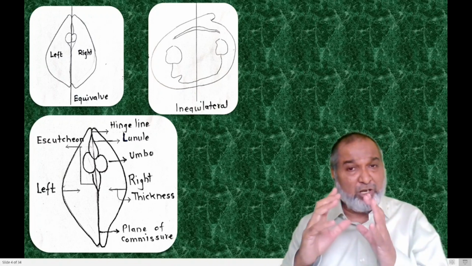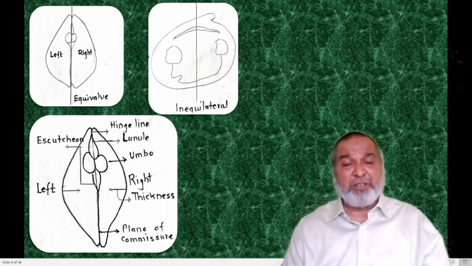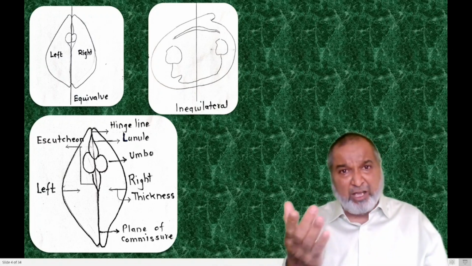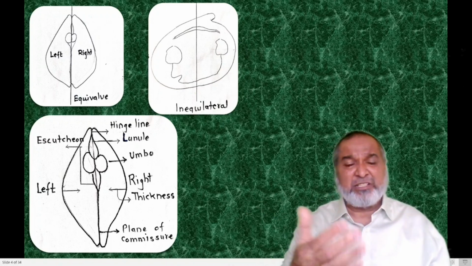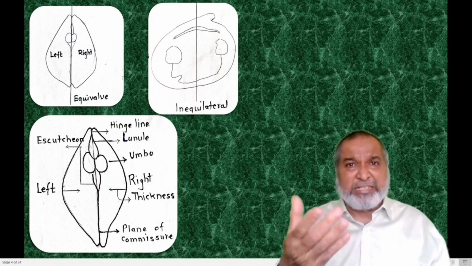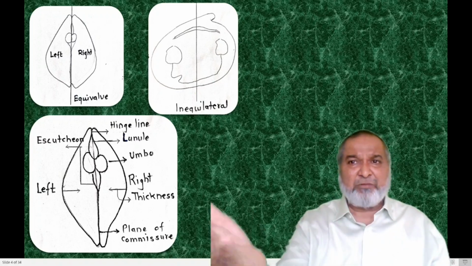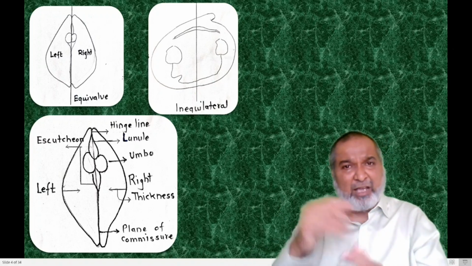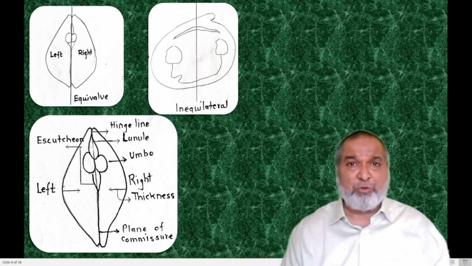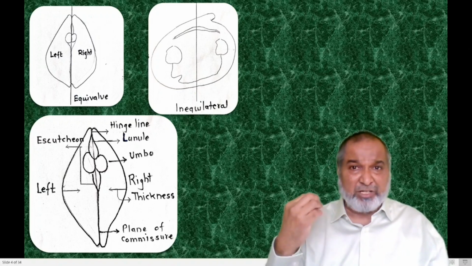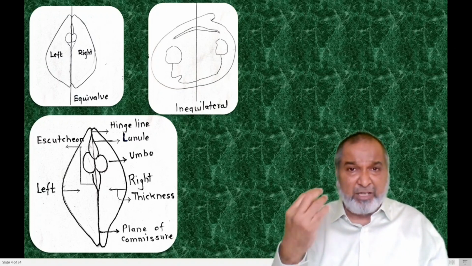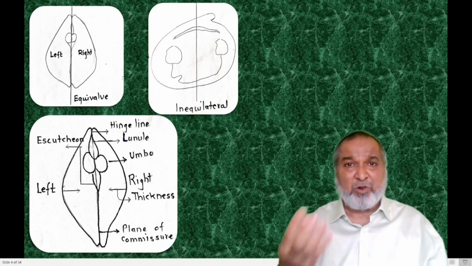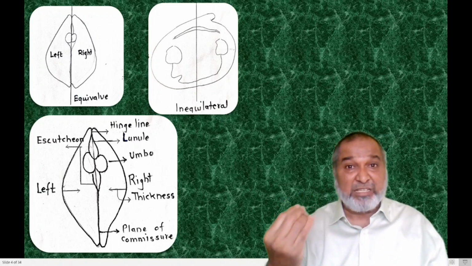There are a total of 16 differences and similarities. Out of these, from this diagram itself you can easily find 6 or 7. So you have to draw the diagram on this side and mention the points for both sides one by one. In the FY BSc, the examiner generally asks this question for 8 marks or 16 marks.